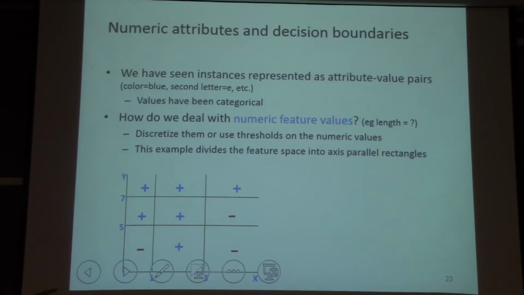we are going to have to live with this because I have no idea how to get rid of it. So suppose you have two features, x and y, and